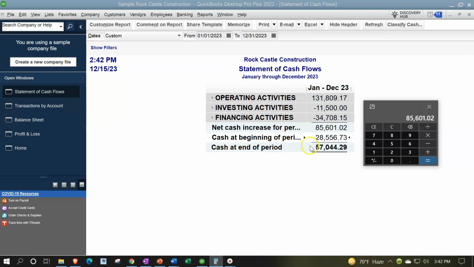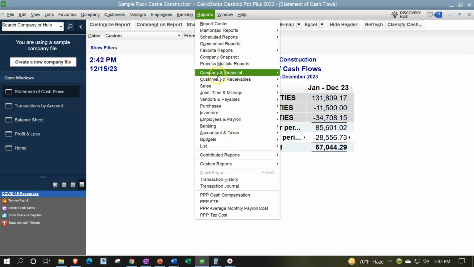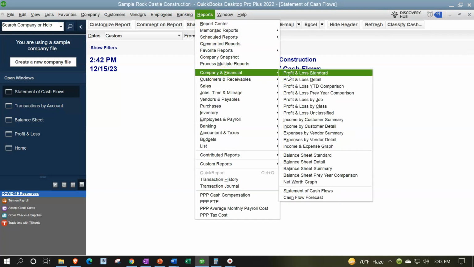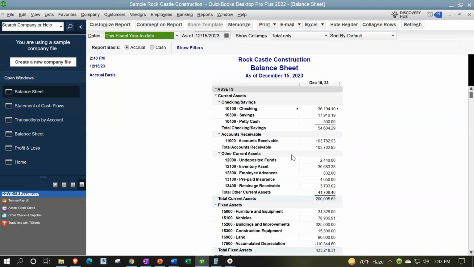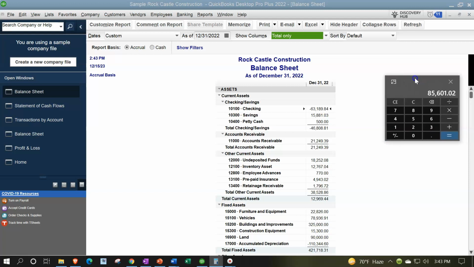We would like to get then to the ending balance on the balance sheet, not simply the change in cash. To get there, then we could take the cash at the beginning of the period. To see that, let's make one more balance sheet up top, reports up top, company and financial. And then we're going to go to the balance sheet standard again. And I'm going to make a balance sheet as of 12/31/22, the prior year to the one we're looking at. And then if I take a look at the cash account,